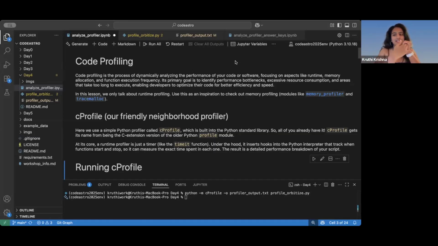So, what exactly is code profiling? Code profiling is a way of analyzing the performance of your code in terms of runtime, memory allocation, and function execution frequency. The primary goal is to analyze the performance bottlenecks and increase the speed and efficiency of your code. In this lesson, we are only going to talk about runtime profiling,